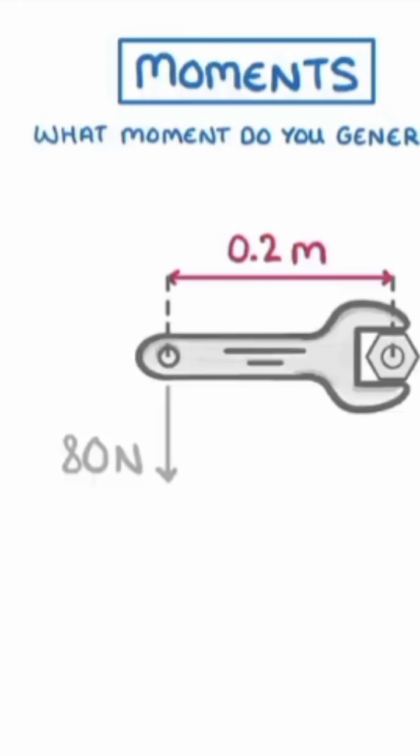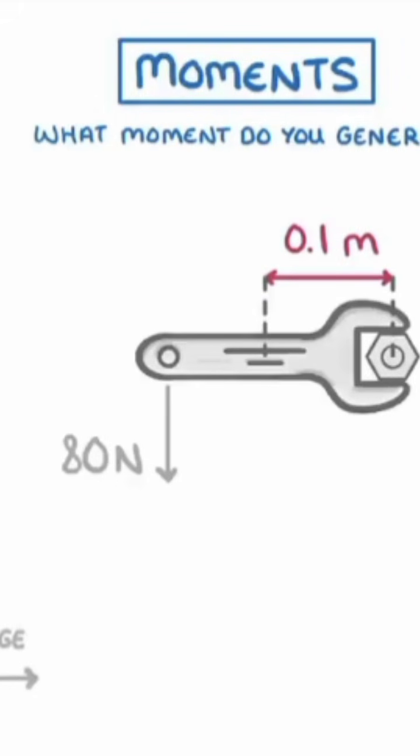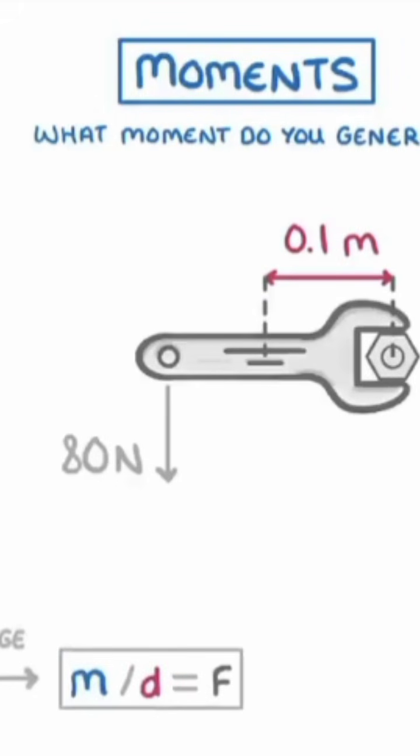Now, what if you wanted to generate that same moment of 16 Newton meters, but by applying a force 0.1 meters from the pivot instead? To calculate the force required, we'd have to rearrange our equation to get moment over distance equals force. Then we just plug in our moment of 16 Newton meters and our distance of 0.1 meters, and would find that the required force is 100